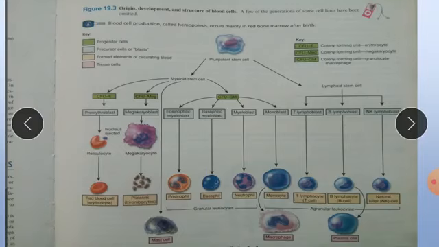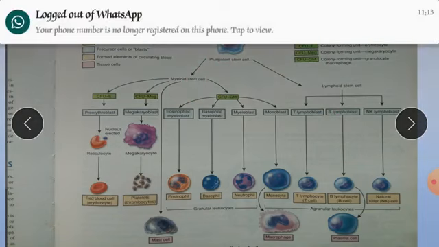This occurs as blood forming stem cells from the red bone marrow move into the yellow bone marrow, which is then reproduced by the pluripotent stem cells. So here this is the pluripotent stem cells. It is responsible for the myeloid stem cells and the lymphoid stem cells. These are the two types of stem cells which can be formed by these pluripotent stem cells.